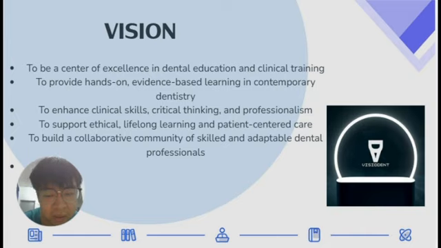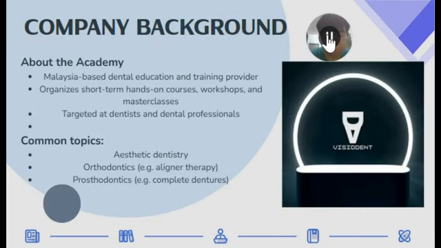It also serves as a collaborative platform that encourages professional networking, mentorship, and knowledge sharing. Ultimately, the Visual Dent Academy strives to contribute to higher oral healthcare standards by developing skilled, ethical, and adaptable dental professionals who are prepared to meet the evolving demands of modern dentistry.